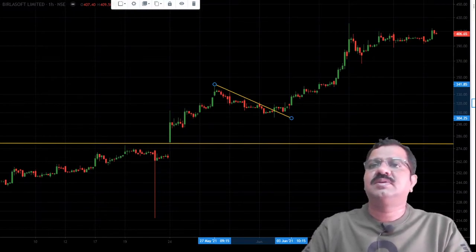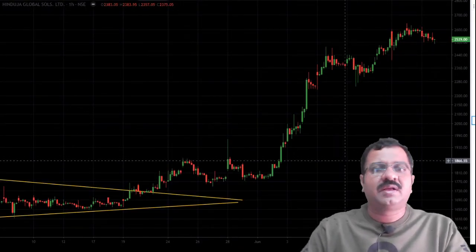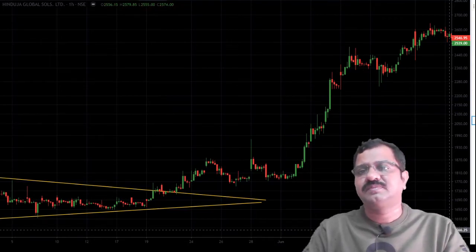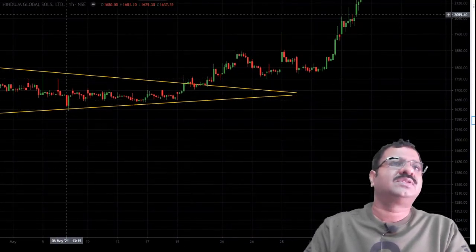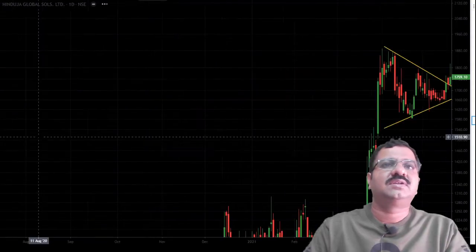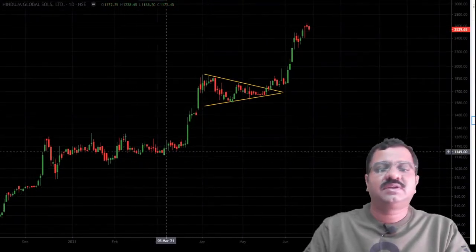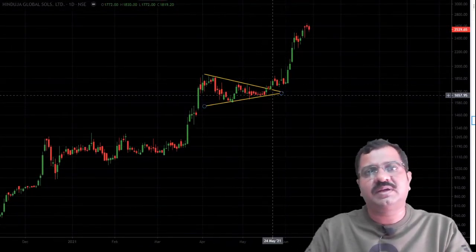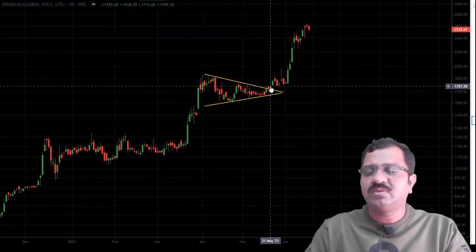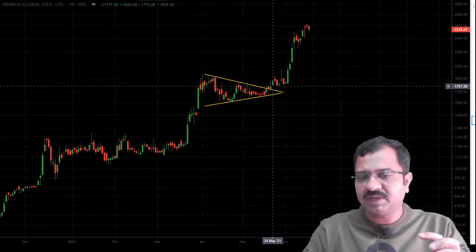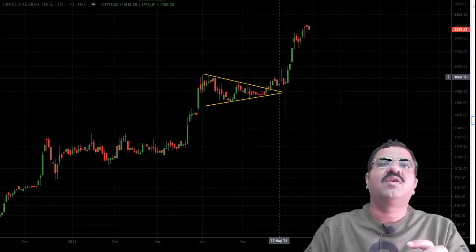Now we'll see some other chart. The HGS. See, this was also a very good breakout, and it gave excellent returns. Now this is the hourly chart. First let me show it in the daily chart. So if you see, there was an uptrend and I noticed this pattern, and here the breakout happened. Now how to trade this? First, either you can enter immediately and your stop loss will be below the breakout candle, or